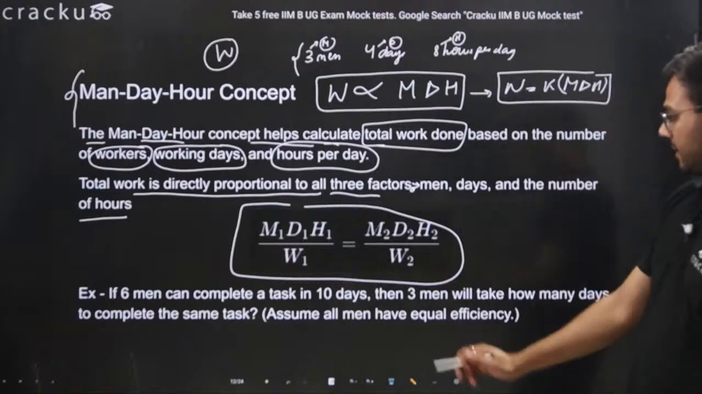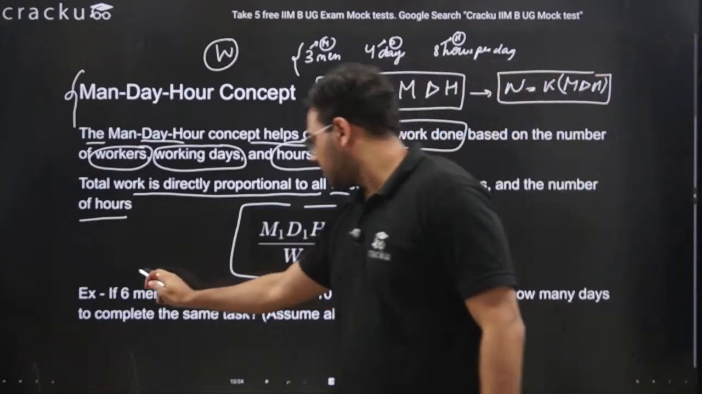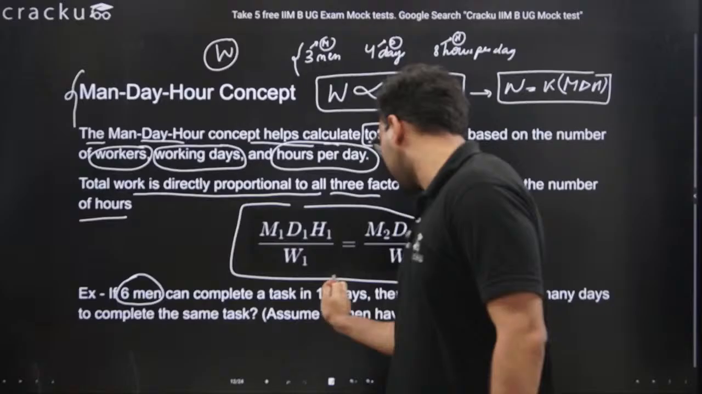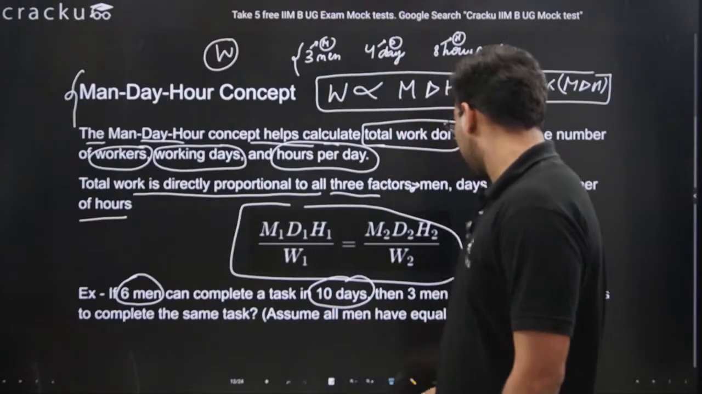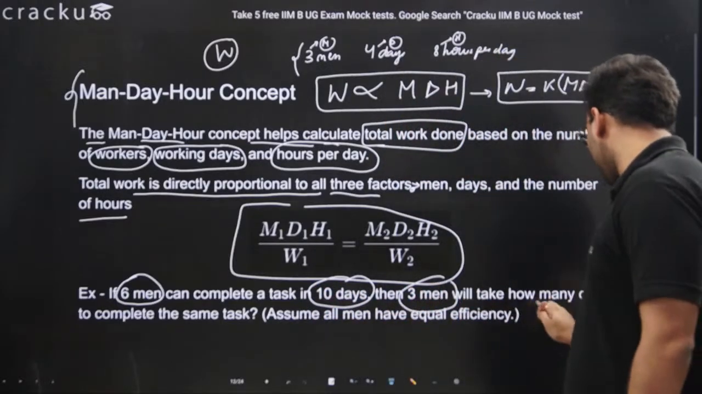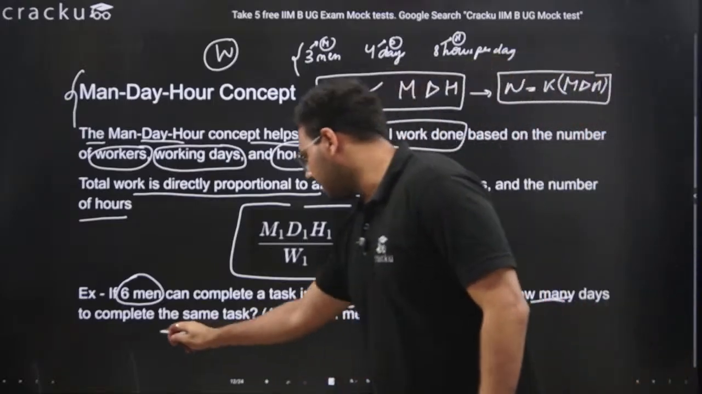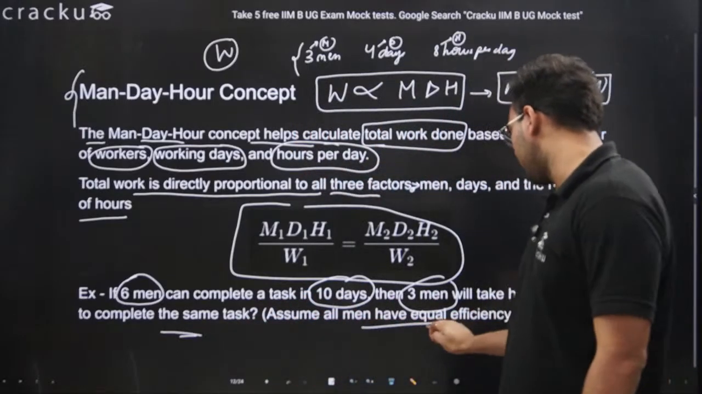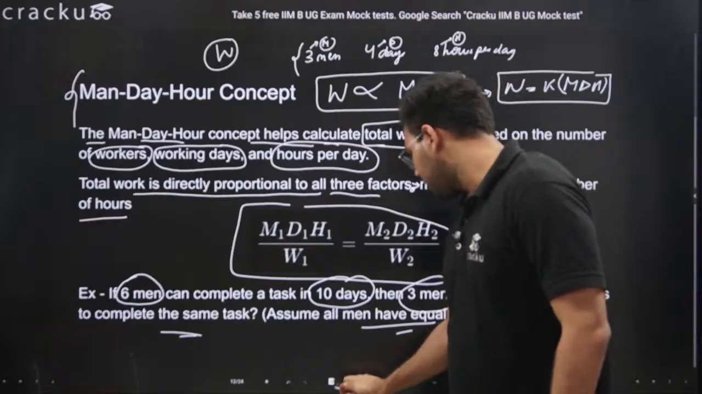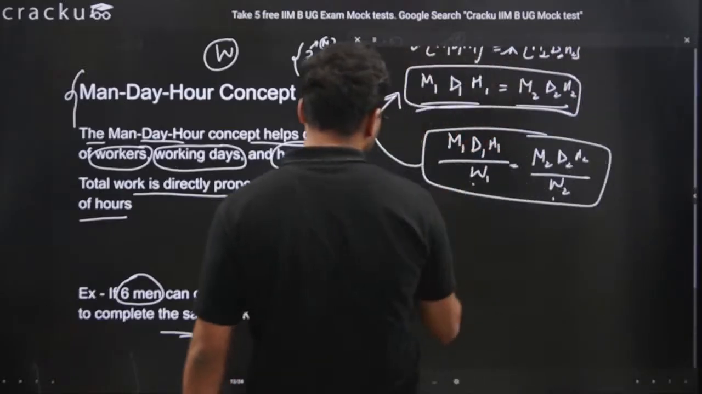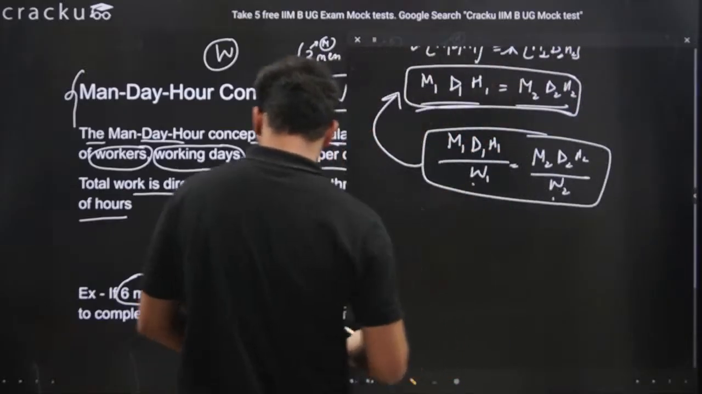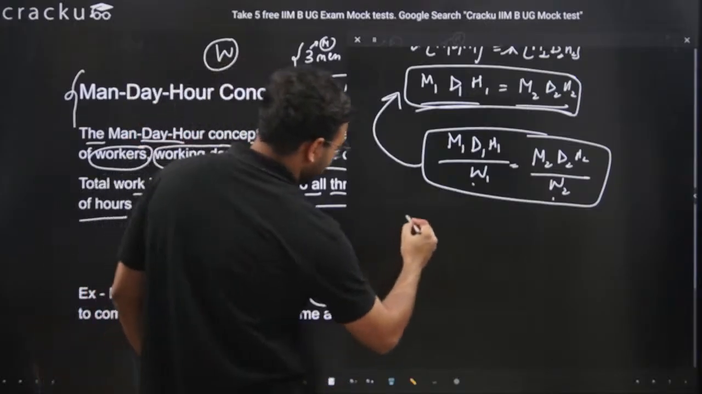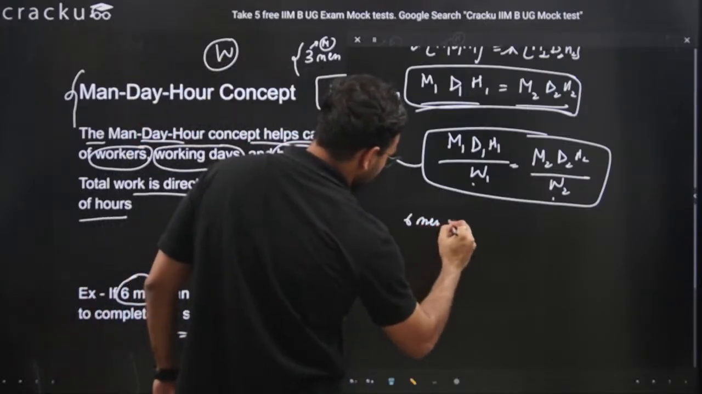It says that if 6 men can complete a task in 10 days, then 3 men will take how many days to complete the same task? Assume all men have equal efficiency. So again, we'll use this one. So we have 6 men taking 10 days